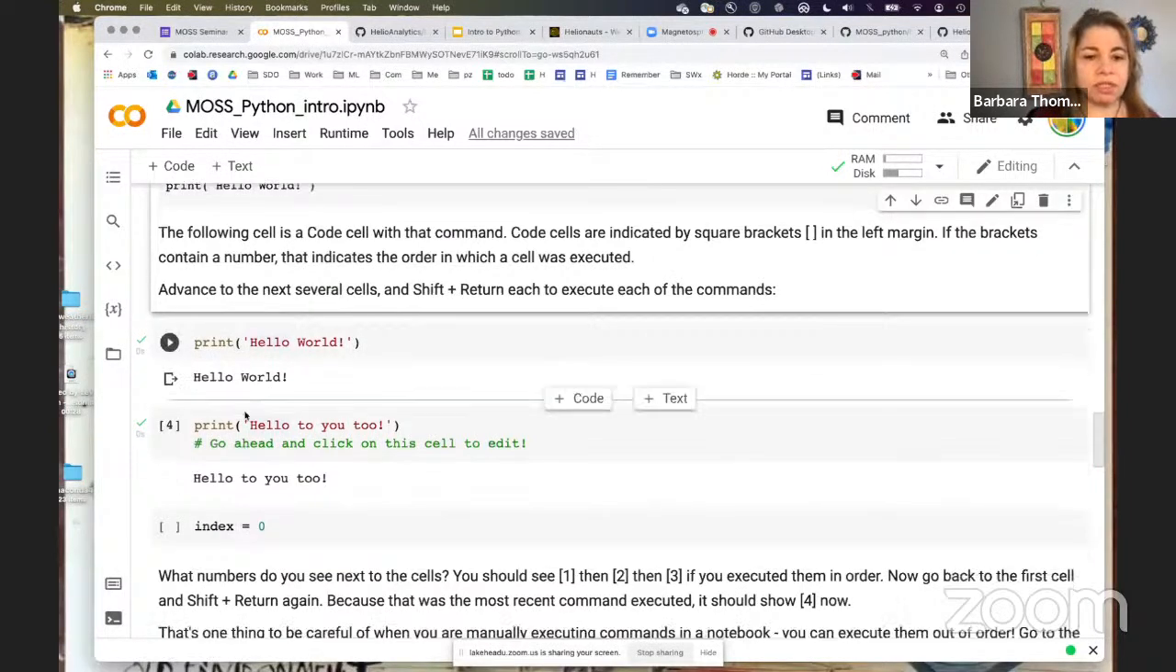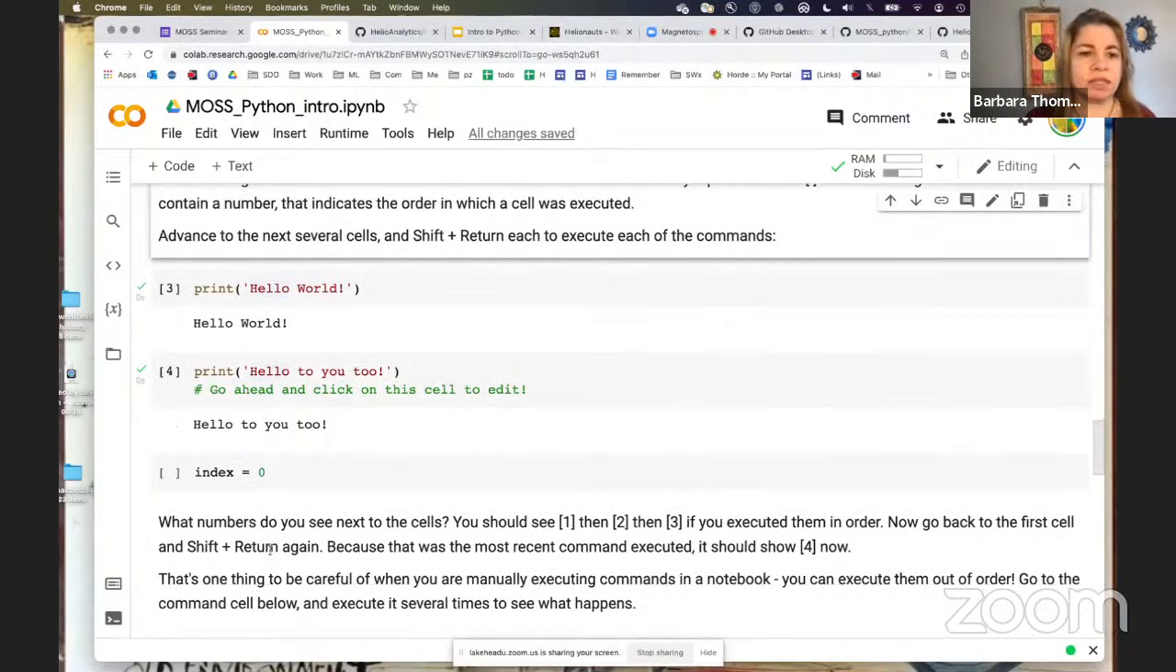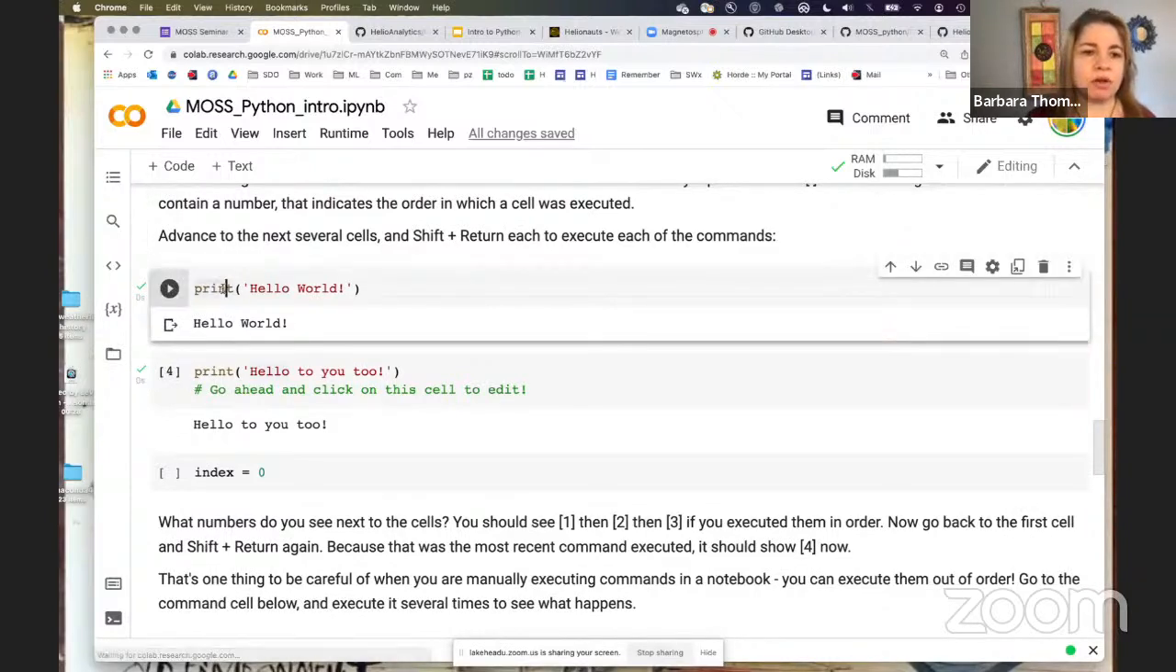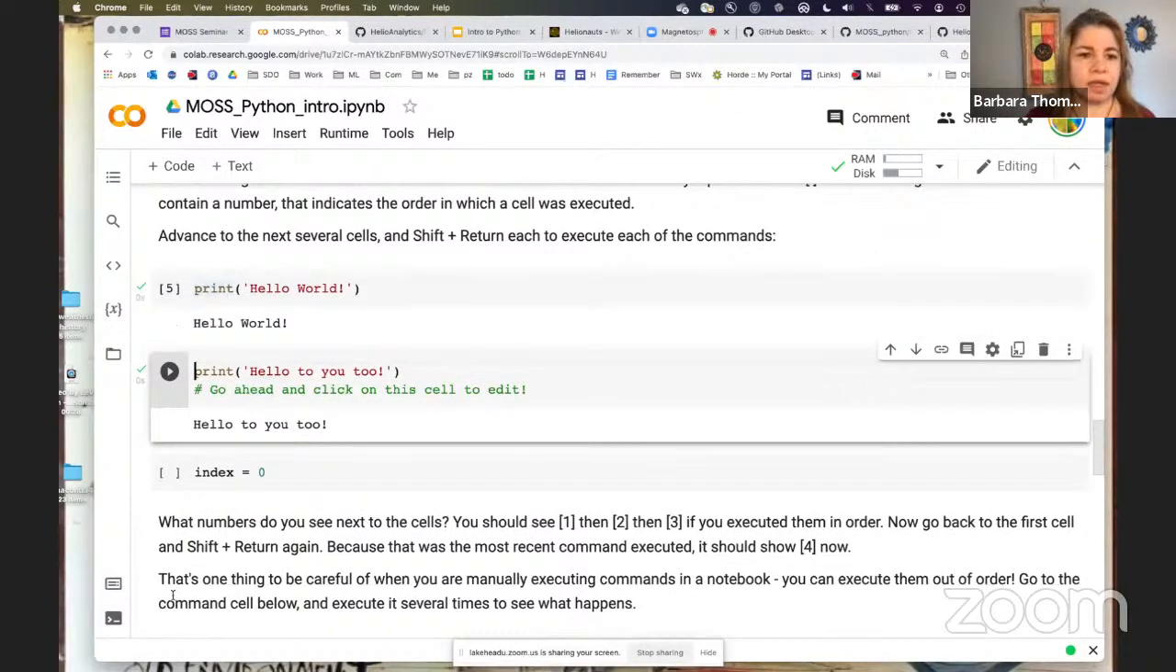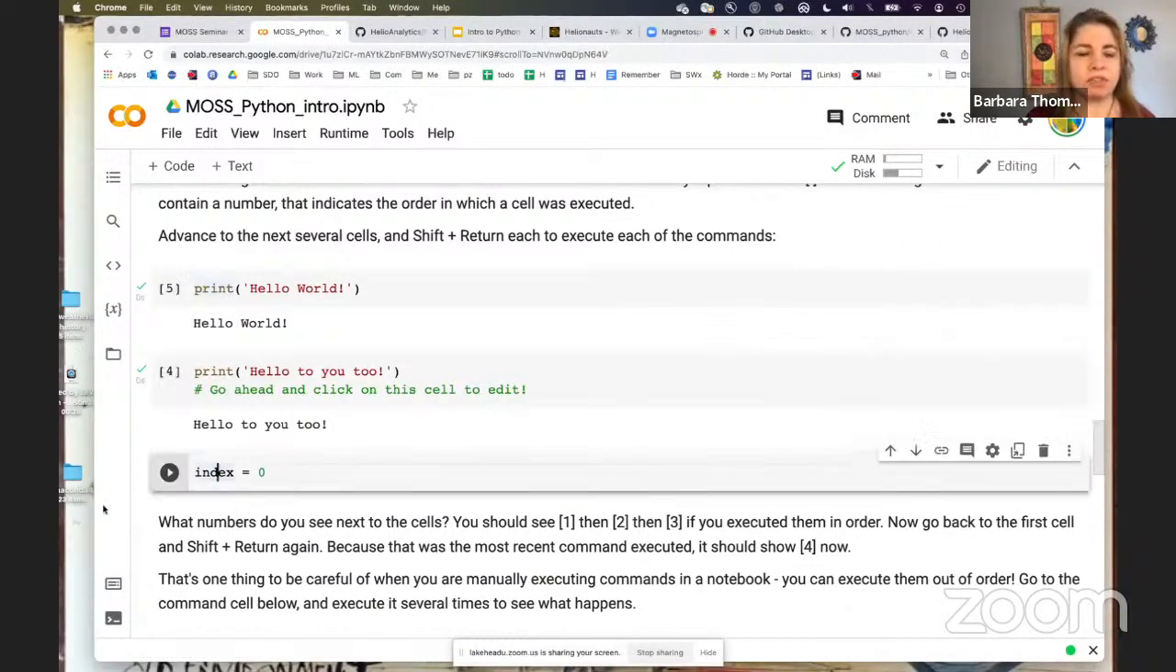And you'll see something interesting happening here as you run these. You'll see a 3 next to the first print statement, and a 4 next to the second print statement. Now I'm going to go ahead and just run this again. And now you'll see that the number is 5, then 4. So what's happening is that it gives you the order in which things were executed. Now I think this is one of the things you've got to be really careful about when working in a notebook environment,